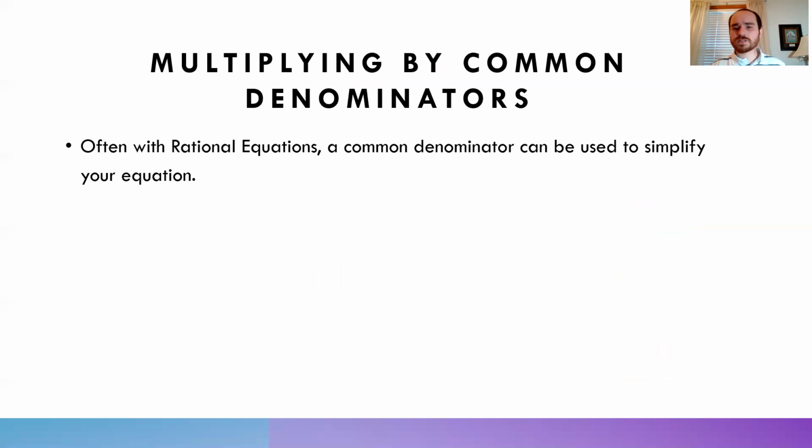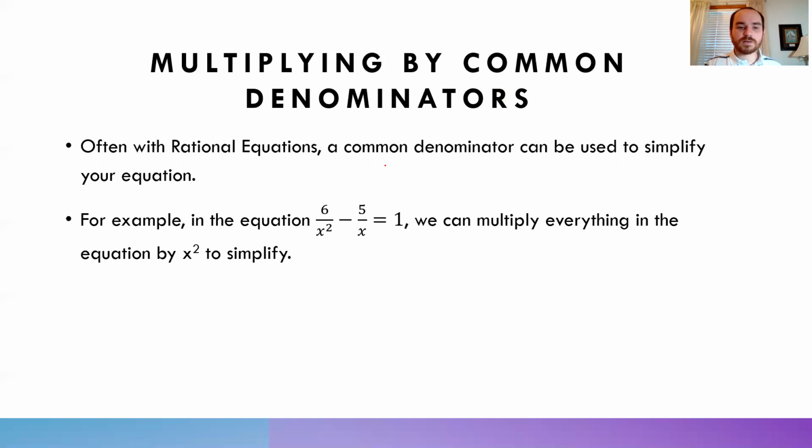With rational equations, a lot of the time you have fractions that are really annoying to deal with. You have denominators that look like this, and that's just kind of a pain. So a lot of times what you want to do is use a common denominator to simplify your equation. And we can multiply everything by a common denominator right at the beginning to simplify the whole thing. So for instance, in this one, we have 6 over x squared minus 5 over x equals 1. If we multiply this entire equation by x squared right off the bat, it's going to make everything a lot